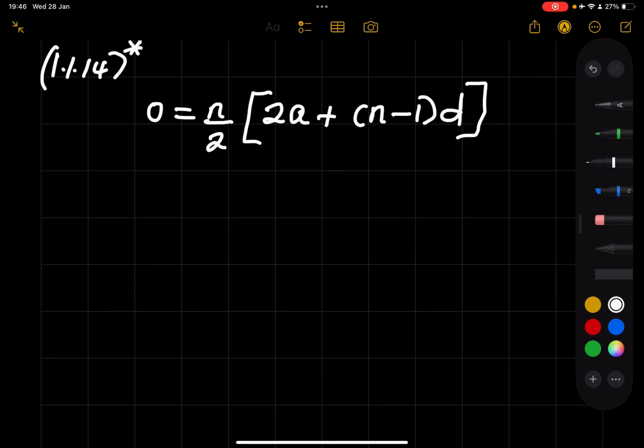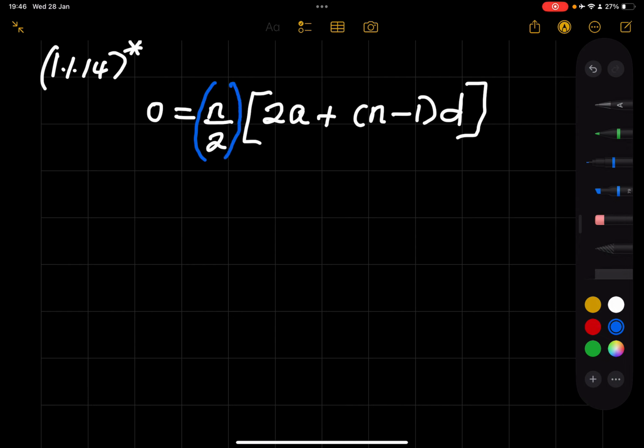Ladies and gentlemen, I need you to pause this video and attempt this question. I'm sure most of you attempted to multiply inside, and that makes this question extremely hard to solve, right? It gets too tedious. So here we need to remember the most important principle in mathematics that says if I